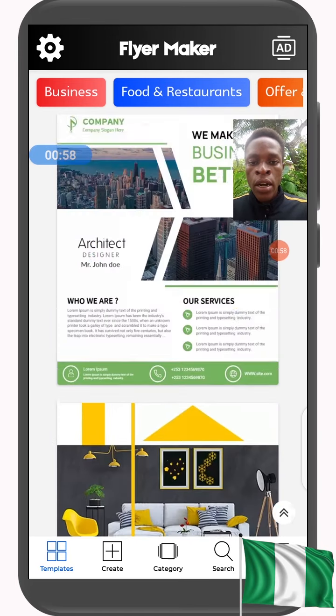Maybe the background is swallowing up the text, reducing the visibility of your text. That is where you add shadow to push it out. So like here now, all my texts are visible. I don't think I need shadow for anything. But just for knowledge's sake, let me pick one of these texts, maybe this one, and